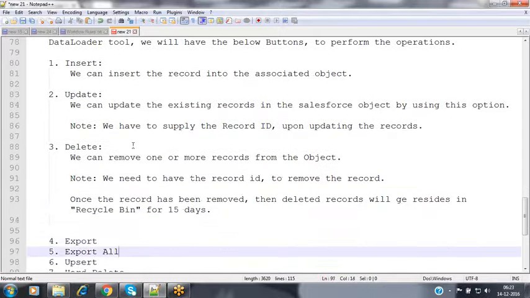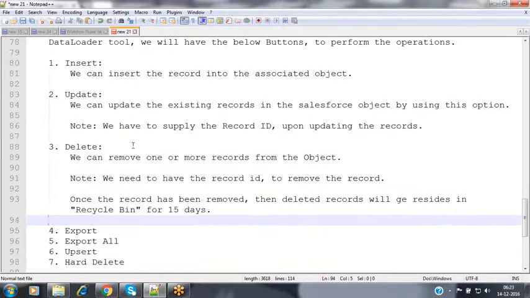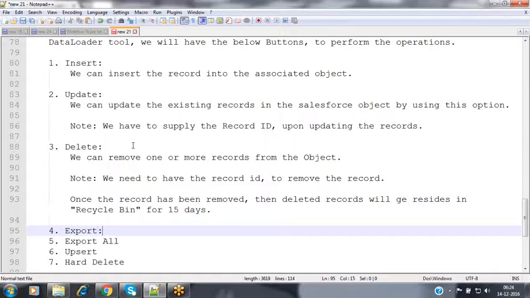These records will not be removed permanently. They are stored inside the recycle bin for 15 days. From there, we can restore these records back. Or else, Salesforce will automatically remove those records which are older than 15 days inside the recycle bin.